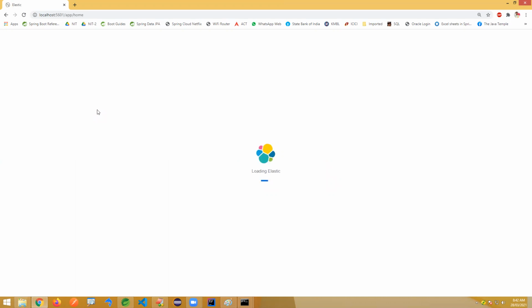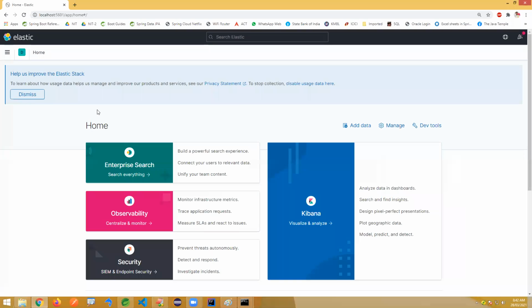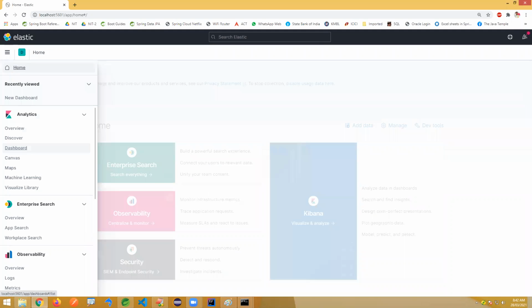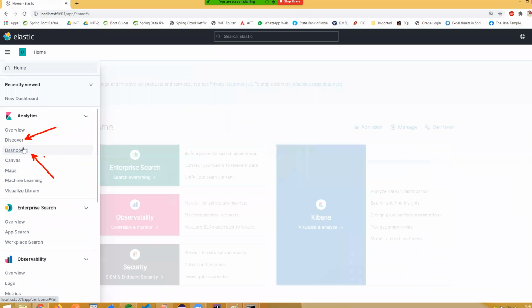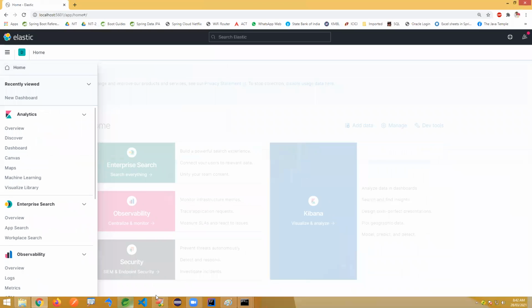It's the Kibana UI. It's a product of Elastic. Let it be, we'll do some config. We have to do some configuration here in two steps. One is the dashboard configuration, a one-time configuration. Then you can discover. Okay, dashboard and discover here. We have analytics, we'll do that later. At last, I'll give these two. Let it be. Still, it's not over.